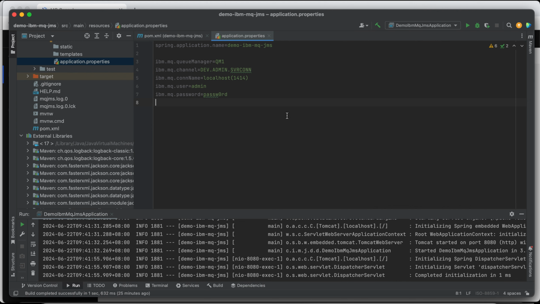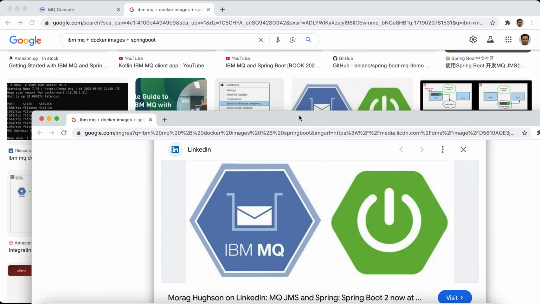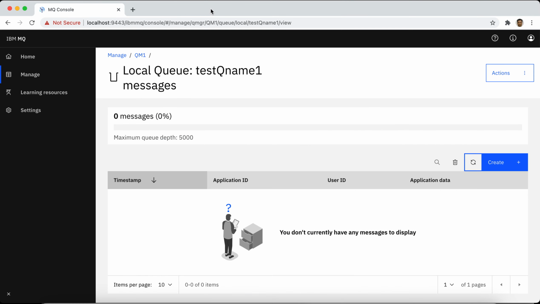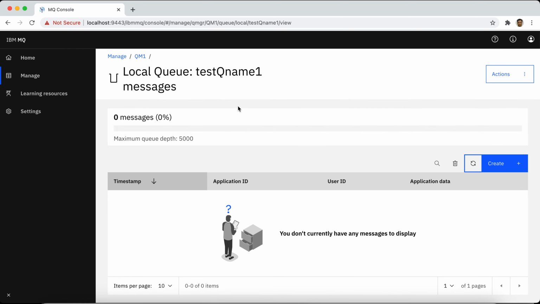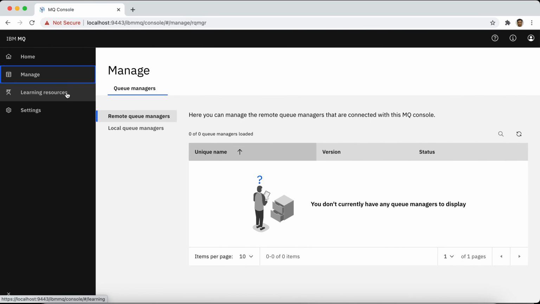As I mentioned in my previous video, these are the required configuration for our IBM MQ, and the details for this we can get from the IBM MQ web console. Let me show it to you again.